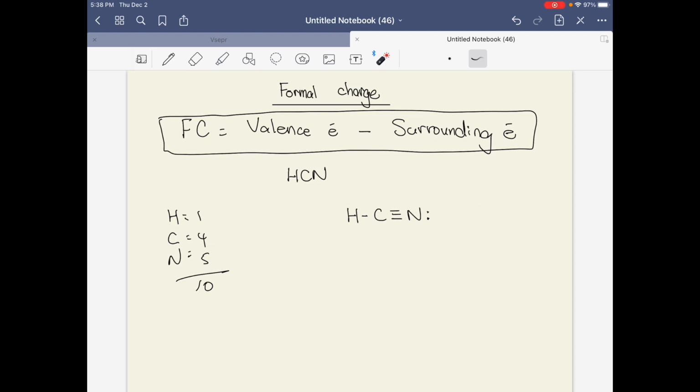But what if you pick N as your central atom? Okay, let's do that. Obviously, you picked the wrong central atom, but how would you know at the end? Simple. Continue with your octet rule. Okay? Make sure everybody is surrounded by 8 valence electrons. Make the count. Okay? 2, 4, 6, 8, 10, 12, 14. Okay. 14 is not good because I want 10. I'm going to take these 2 electrons and